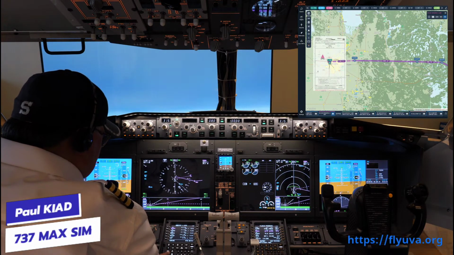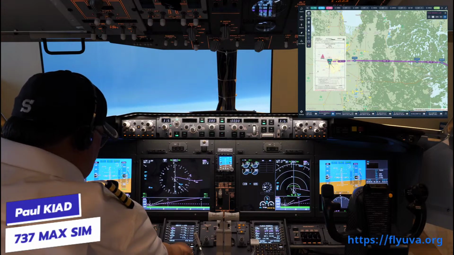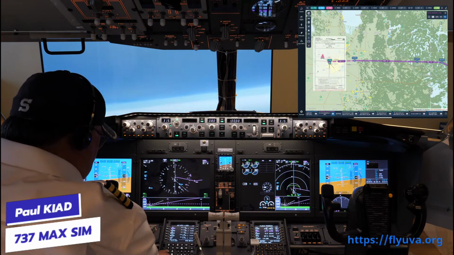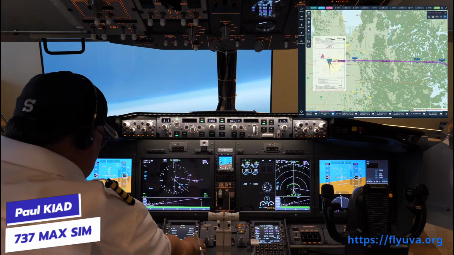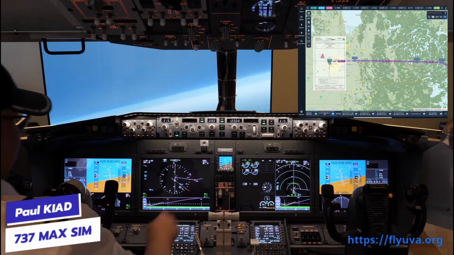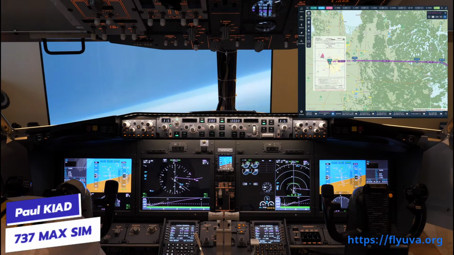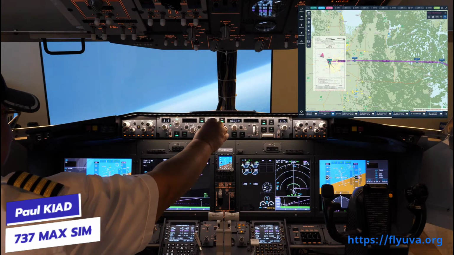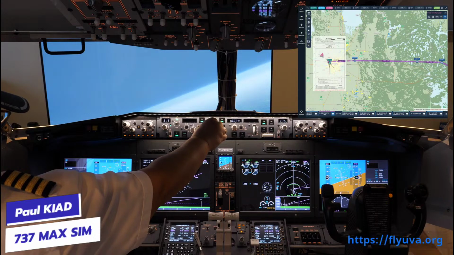There's our other aircraft. We're going into our super TCAS mode. If you guys know what that is, I've explained it several times on previous flights, but